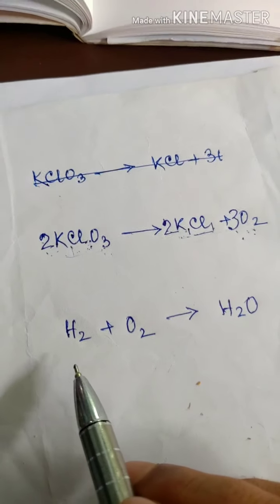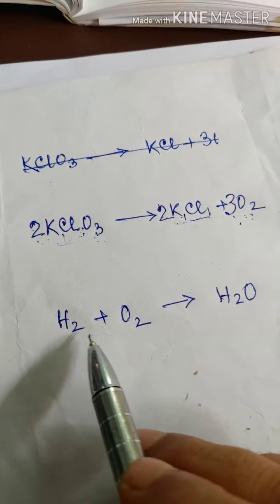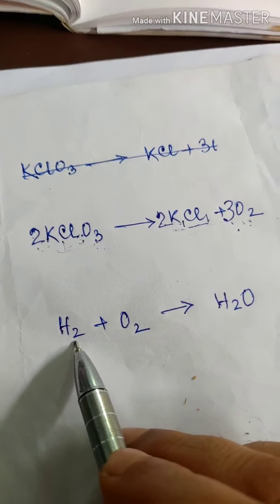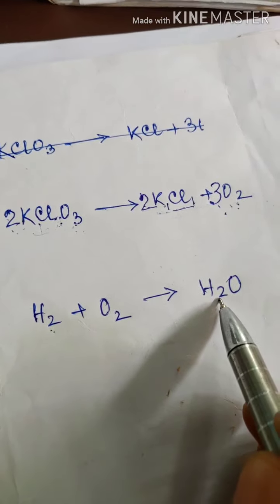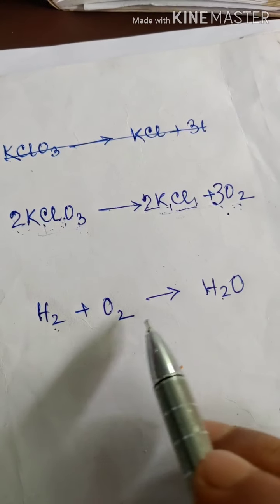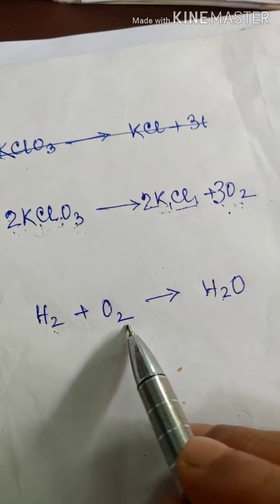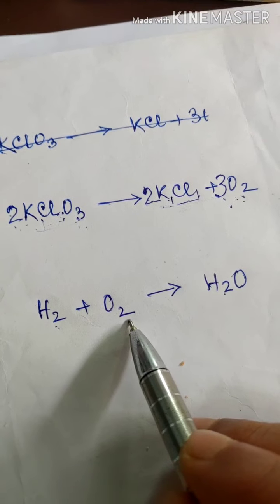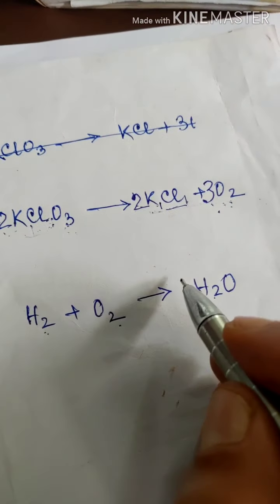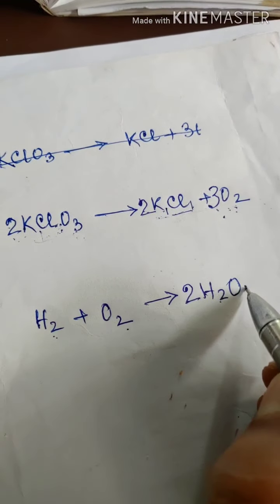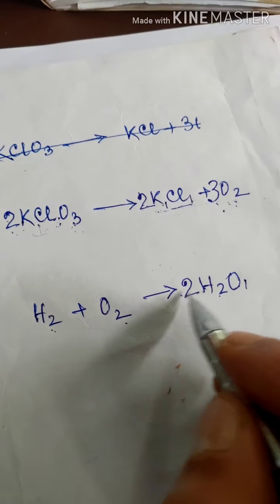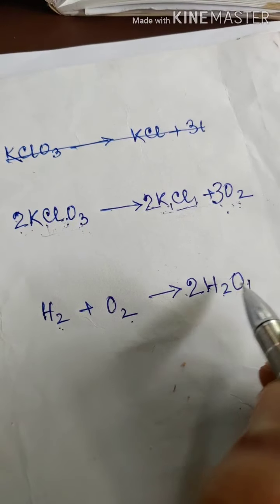In a similar way, in this skeleton reaction, the number of hydrogen atoms is 2. Here the number of hydrogen atoms is also 2, no problem. But here you see that 2 oxygen atoms are there. So if I want to balance it, if I write this way, nothing here means 1 is there, 2 into 1, 2 oxygen atoms are there.